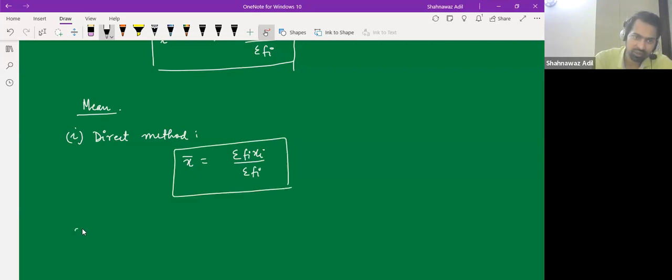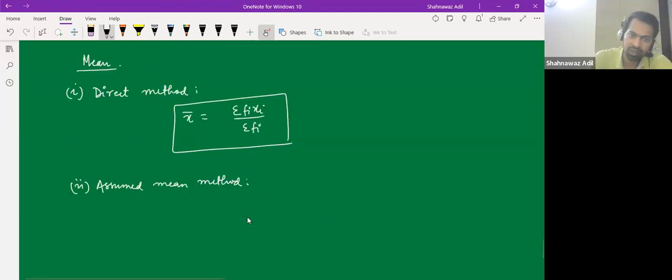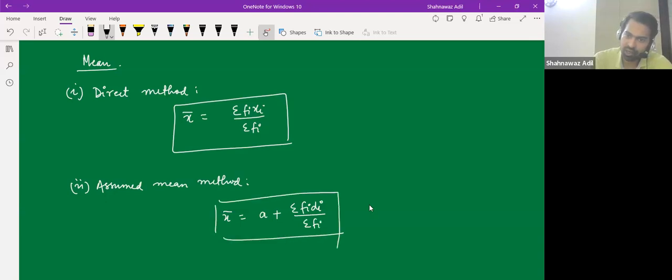And then we have this assumed mean method. So from assumed mean method, how do we calculate? We have mean, which is a plus summation of fi di by summation of fi, where di is xi minus a,